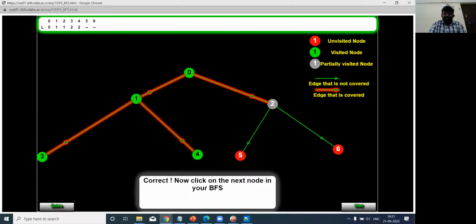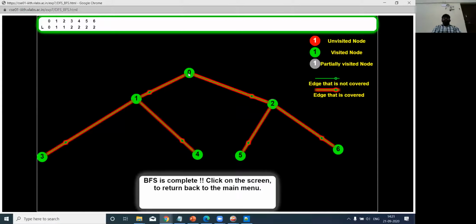First I'll visit the left node, which is 5, and then I'll backtrack to 2, and then I'll visit 6, and then I'll reach the root node. So this is a simple simulation through which we can find a solution using the depth first search as well as breadth first search.